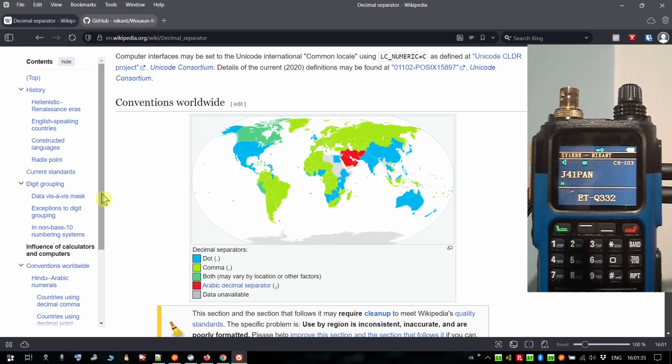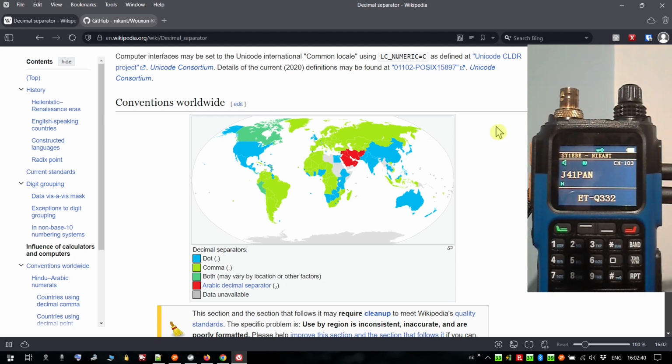Here's what happens. It's all about delimiters. The program is not able to understand that other countries in the world do not use dot as a delimiter in decimals, and they use comma, or the opposite. So as you can see here, the US, which is the biggest market, and China use dot for a decimal separator, and a lot of other countries in the world, the green ones, like Europe, use comma. This is the first time that I see a program that takes into account only the delimiters that are stored in the PC and not what it should use in order to work properly.